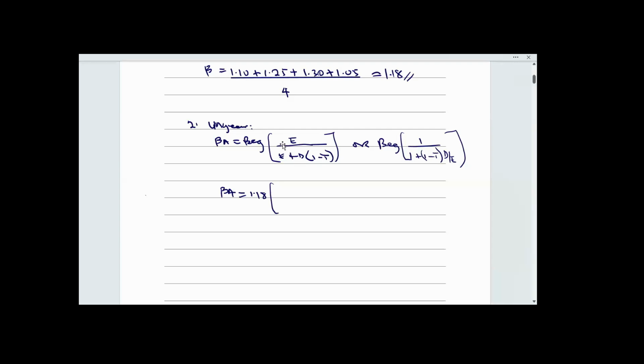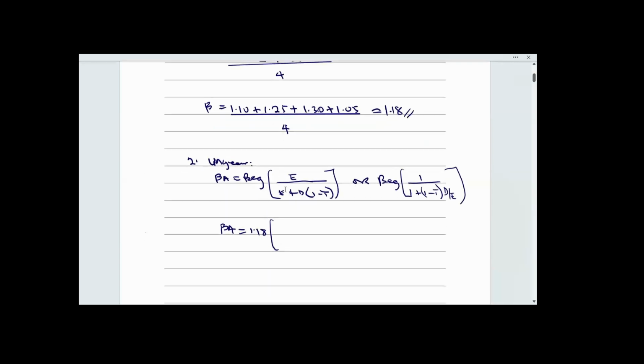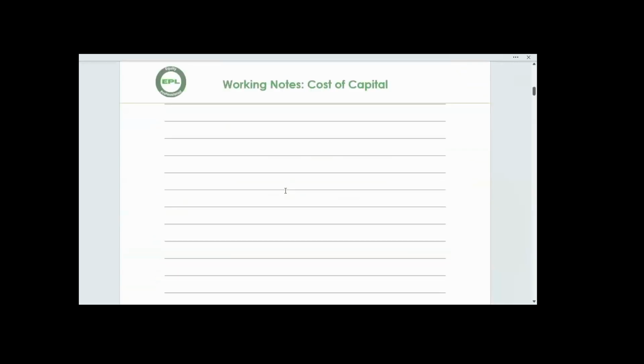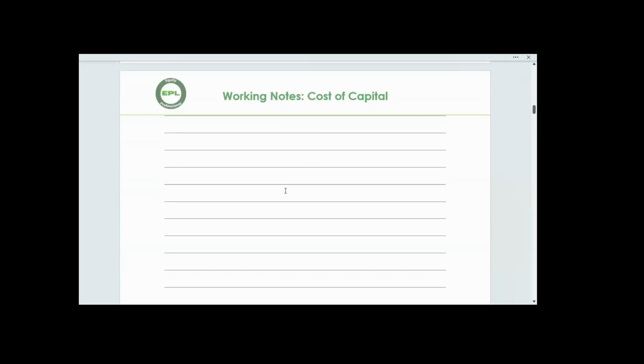So let's go back to the question and identify that. Let's say this page will be first and the second page will be for our calculation. Then the third page will be for workings. All right, let's have workings here. So working number 1, we want to calculate market value. So equity value